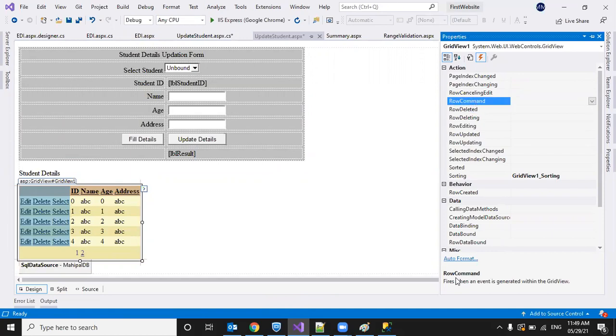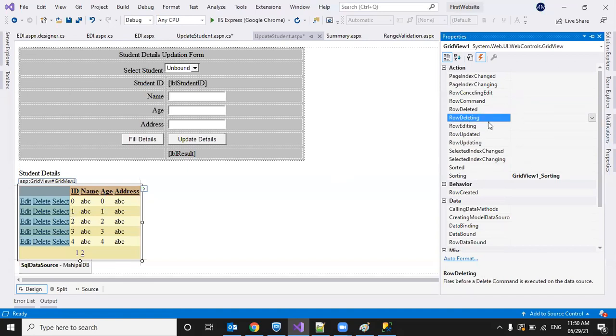Row command will fire when an event is generated within the grid view. Suppose I have a different control, like a hyperlink in a particular column. When we click that, the row command will hit. Okay. Row delete, so we have these two properties.